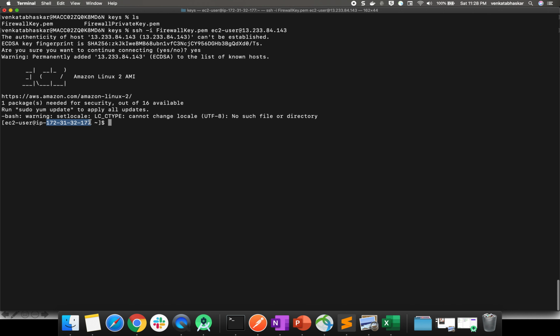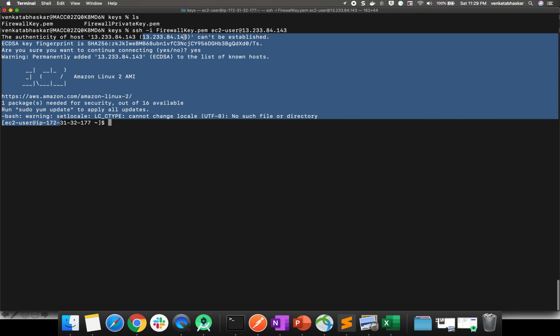This private IP is used to communicate within your availability zone. If you want to communicate with a different virtual machine, then this private IP is useful. You don't need to do any SSH, because SSH won't work for private IPs. Understood so far? You can do SSH only by using the public IP address.